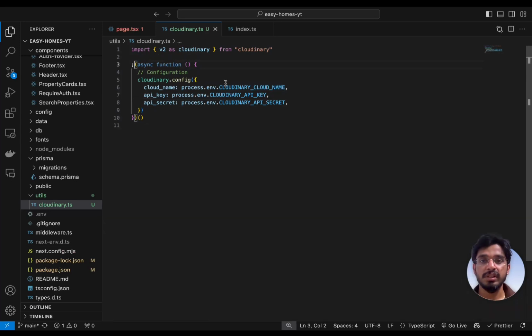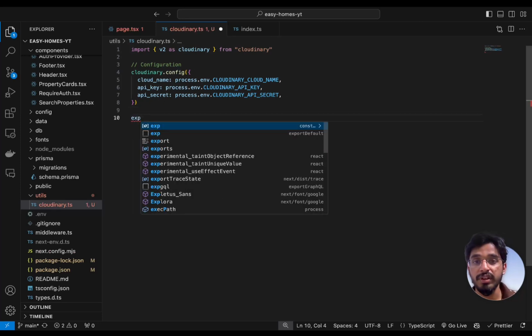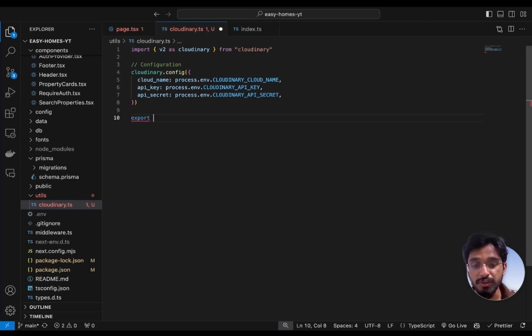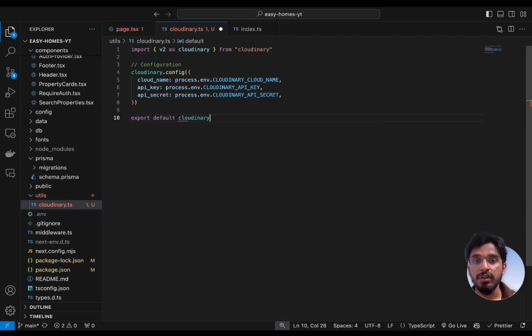Okay, so actually this function is not needed within our documentation. I just saw that, so we can just use the cloudinary.config and export this Cloudinary variable itself, using a default export. Alright, so make sure this is done, and now we can go back to our add property page and